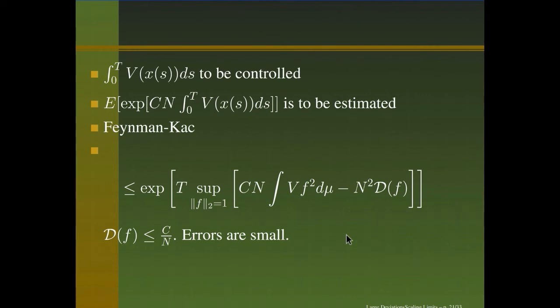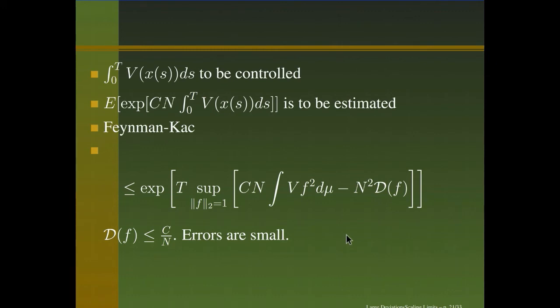So it's clear in this variational formula, only Dirichlet forms which are of order c over n will play a role. But if the Dirichlet form is of order c over n, no matter what c is, then the approximations are valid with error probability that goes to 0. So it tells you that these expectations grow slower than any exponential growth, and therefore you have a super exponential estimate for the error probabilities.